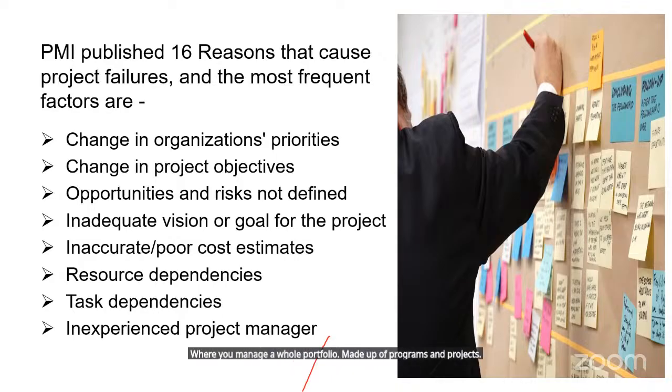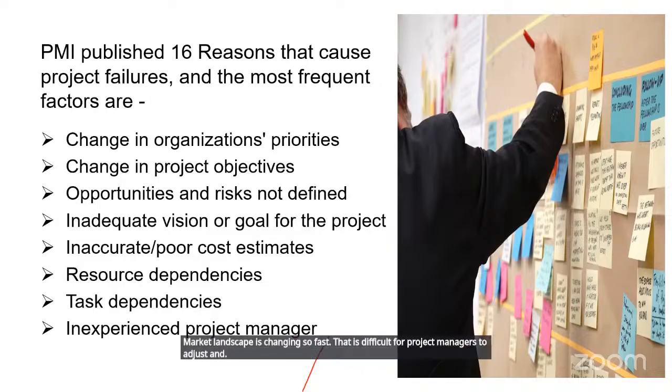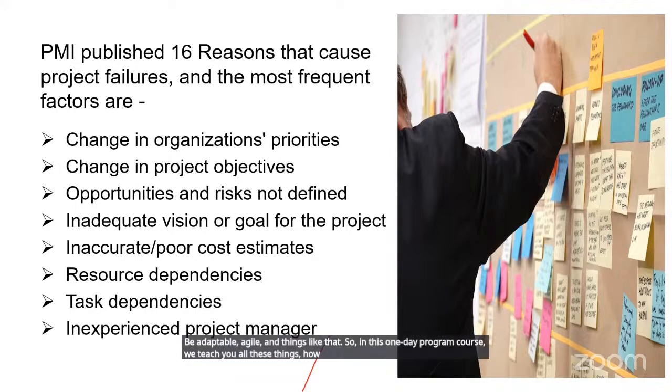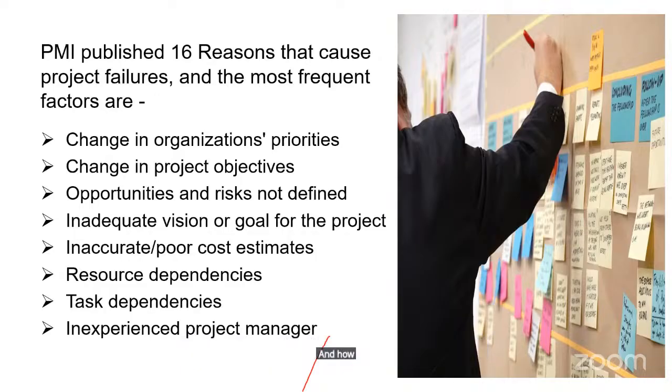So you need to build your skills. And now in today's world, the market landscape is changing so fast that it's difficult for project managers to adjust and be adaptable, agile, and things like that. So in this one-day program course, we teach you all these things: how to be adaptable, how to be agile, how to manage in the age of AI, and how you can, despite AI or any other new technology that is coming on the horizon, you can still manage all these things using KPPM, Kanban for project program